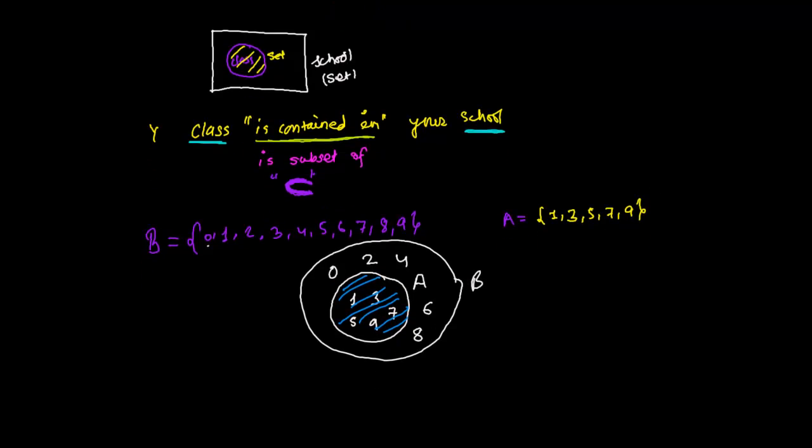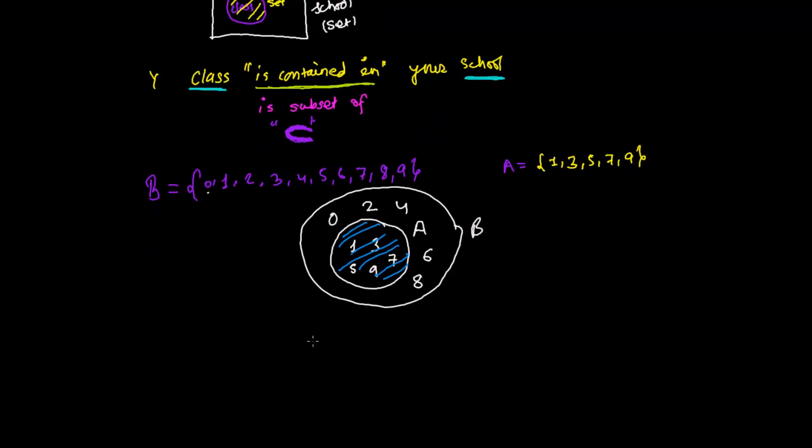So what I can say now in this language, that set B, alright, this set B is containing this complete set A. So what I can say, that set A is contained inside the B, right? Because this symbol means is subset of, or you can say is contained in, right? So set A is contained in B, or you can say set A is subset of B.